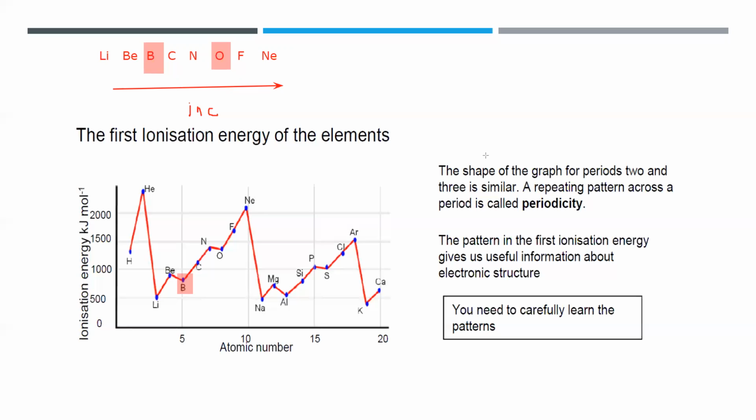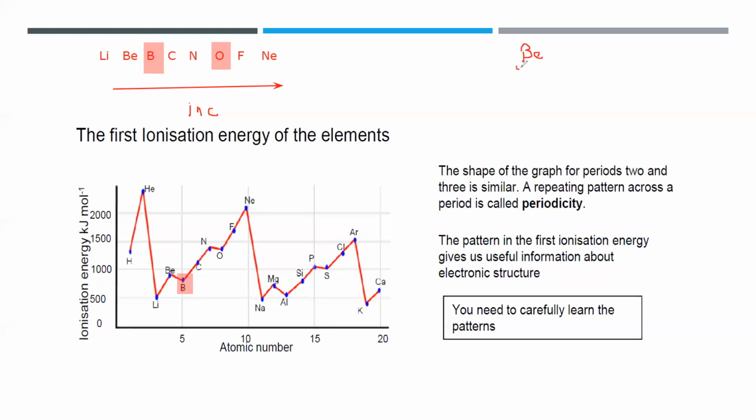But moving from beryllium to boron, ionization energy should increase, but we observe it is decreasing. In the same way, moving from nitrogen to oxygen, it should increase, but again we observe oxygen is not higher, it is decreasing. What's the reason for that? When you write the electronic configuration for beryllium,